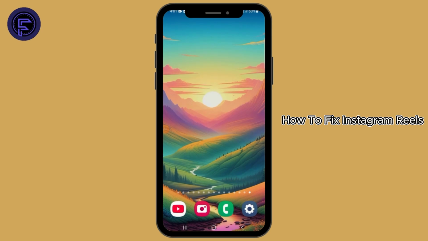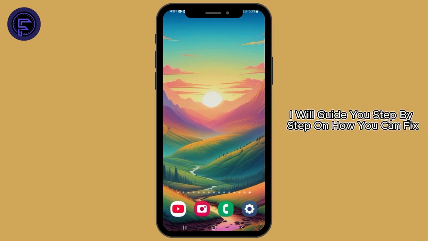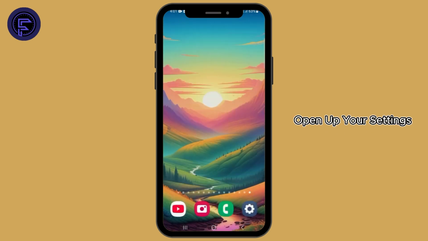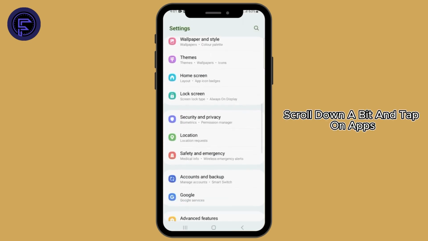Fix Instagram Reels Share Friends list not showing. In this video, I will guide you step by step on how you can fix Instagram Reels Share Friend not showing issue. Now, the first thing you want to do is open up your settings, scroll down a bit and